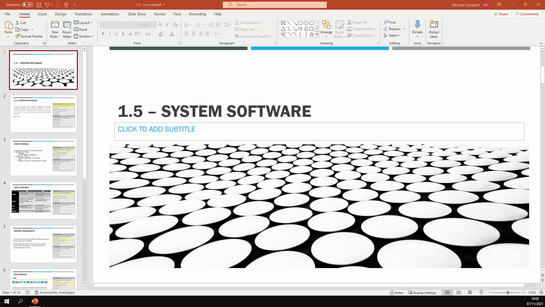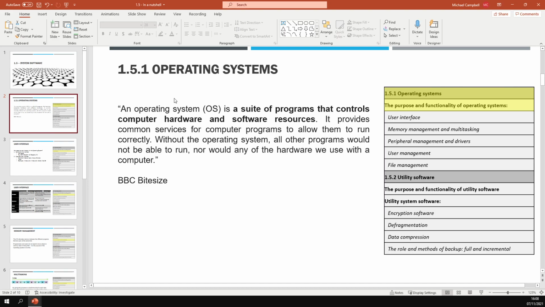Right, so here we're doing 1.5 system software, and of course we'll start with 1.5.1, the operating system. An operating system is basically a collection of programs or software that interface between the hardware and the software. They basically control all the hardware and the software on the computer. Without it, it would be very difficult for computers to run, and you wouldn't be able to use any of